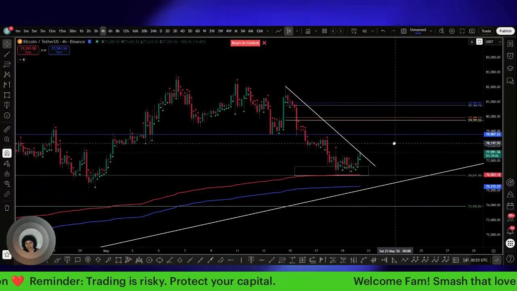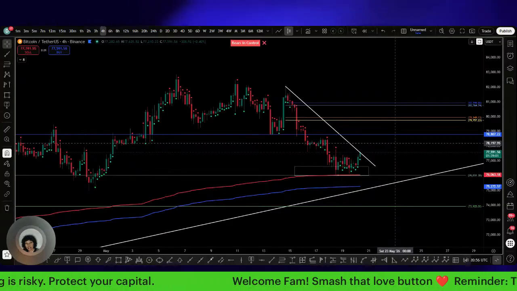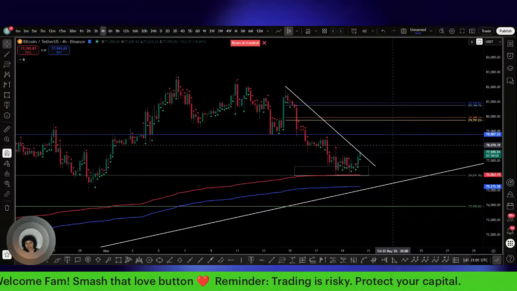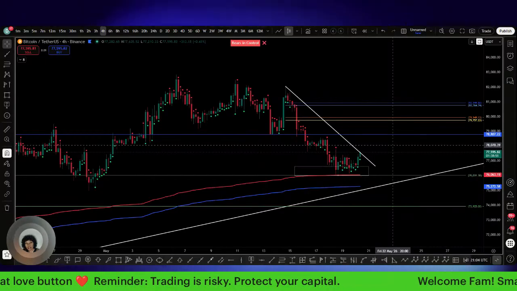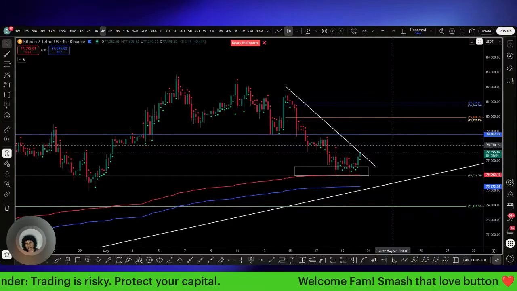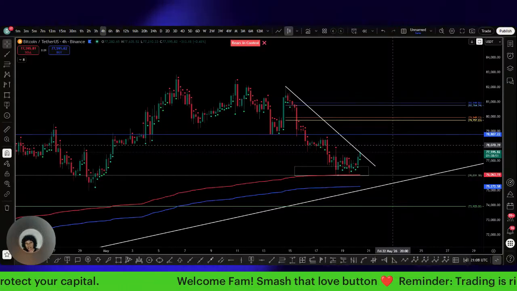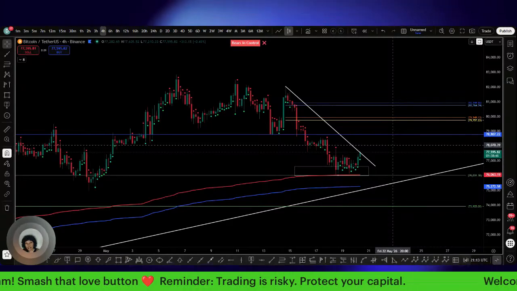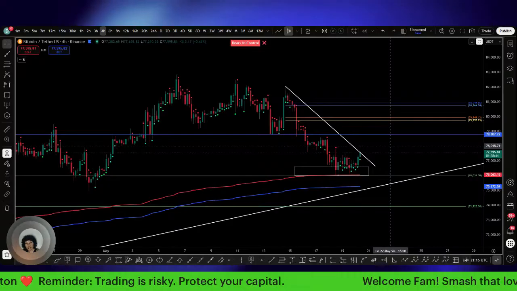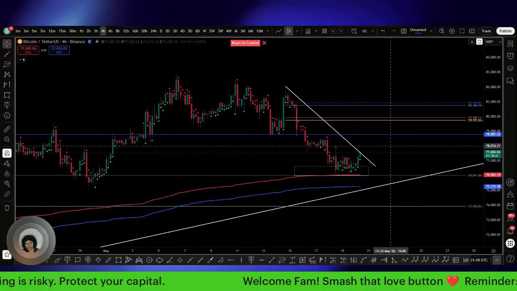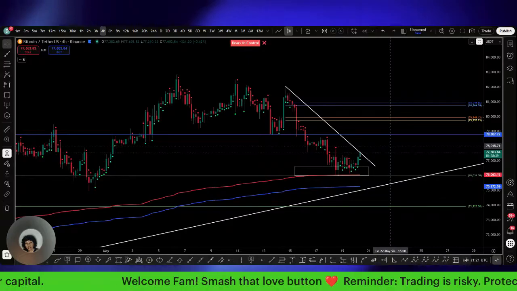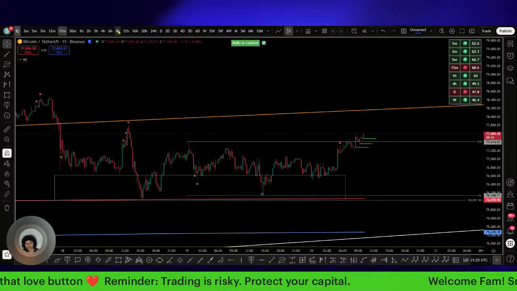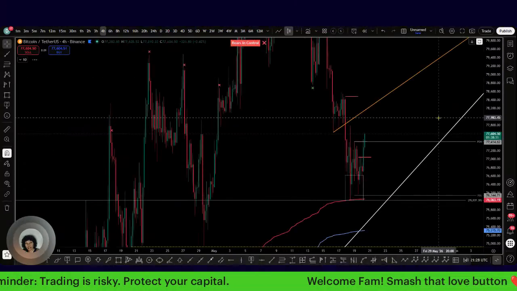382 bounce, which makes me think, let me go over here and take a look at Zcash. Let's see how Zcash is doing, because we were talking about the fact that Zcash was holding up between the 382 and 50% retracement, and we know that's premium prices, and that it has the potential to bounce up. So we'll see if we got any follow through on that. Usually, sometimes if Bitcoin starts pumping, Zcash starts dumping. So that's going to be something. Let's pop it over to a 4-hour, because that's what I was watching on ZEC.